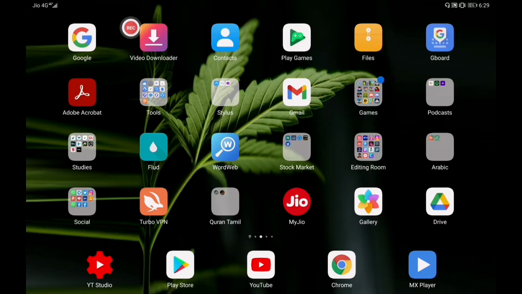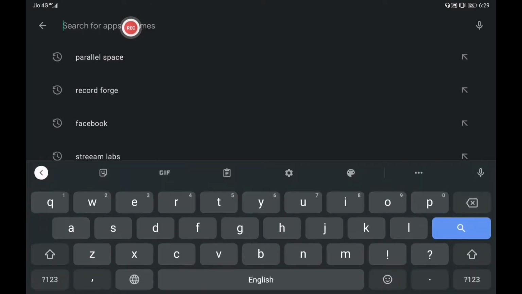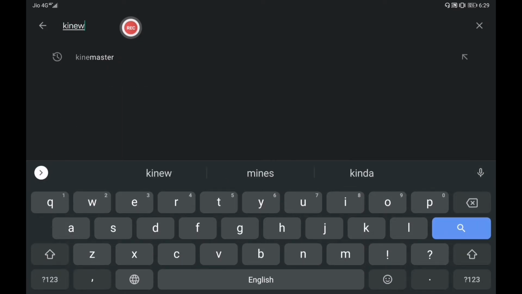So you have listened to that video. You could observe that there was some noise surrounding that video because I shot it outdoors. Okay. Now let's go to the first tool. The first tool is KineMaster. Many of you would have been aware of that tool. For those who don't know that tool, search for KineMaster over the Play Store.